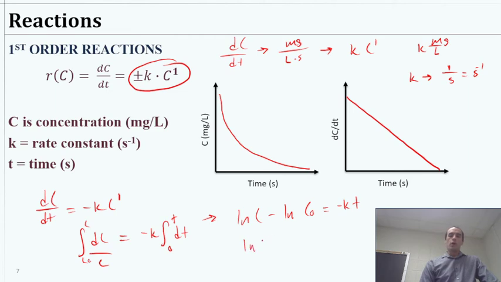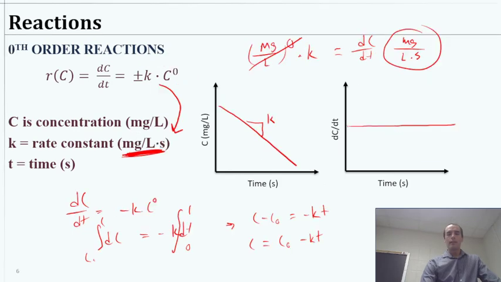If we remember from our logarithm rules, the natural log of something minus the natural log of something else we can rewrite as the natural log of C over C naught, in this case, equal to -Kt. So here we can see we can get a linear form, if we take the derivative. So this here can be that K,